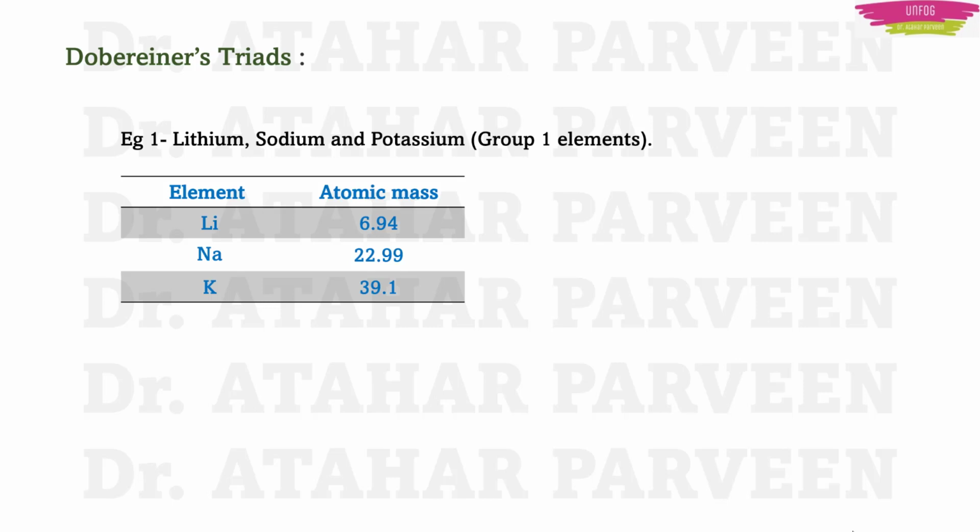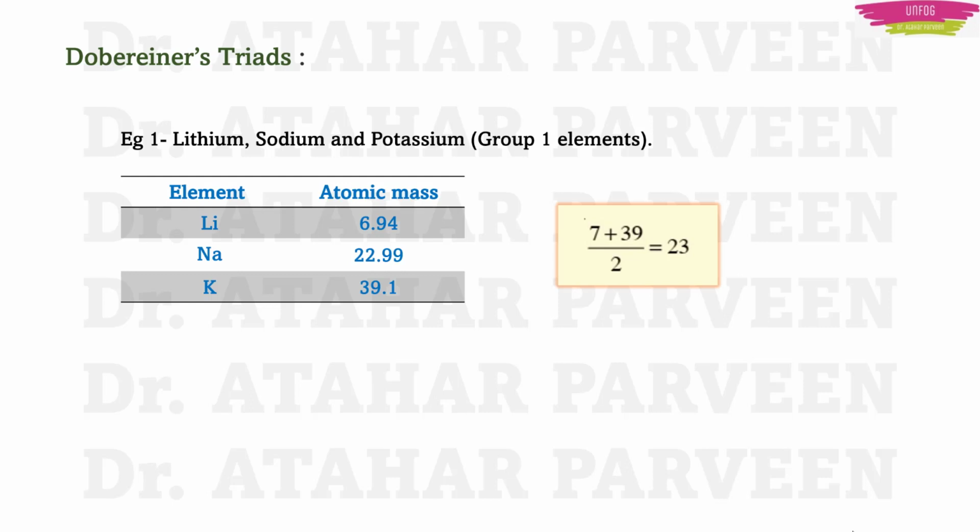Here we can calculate and see properly. I have these three elements, lithium, sodium and potassium. I have the atomic masses 6.94, 22.99 and 39.1. These are the elements belonging to group 1. Okay. Now, if I take the average, that means I want to find the